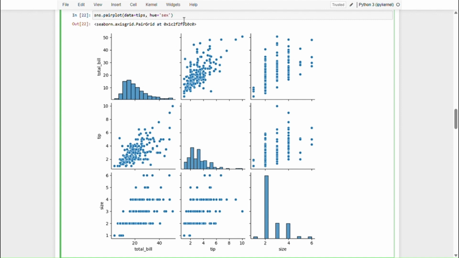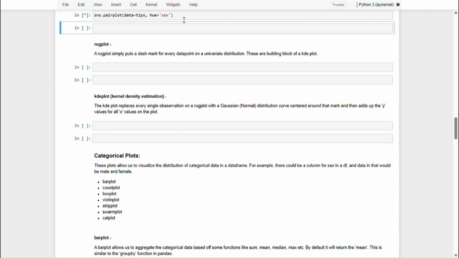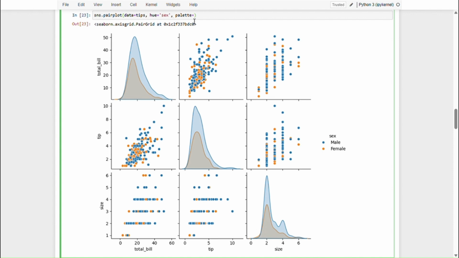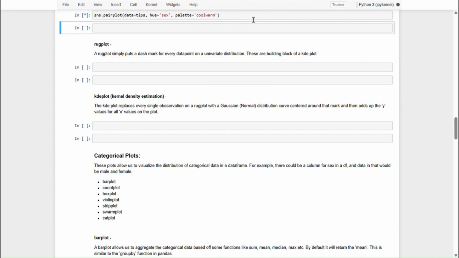So for you, let's go with this sex column, which is categorical data for male and female, and it will separate out the data for each of these plots based on this category. And you see we have this blue color for male and orange for females. We have a palette. You can use the palette parameter here, and if you want to use a different color combination, one of those color combinations is cool warm,